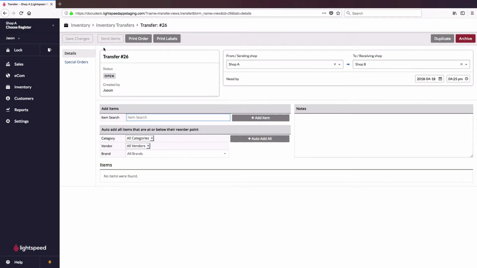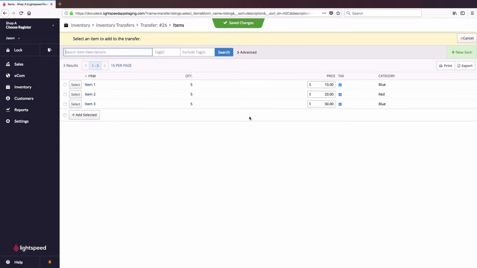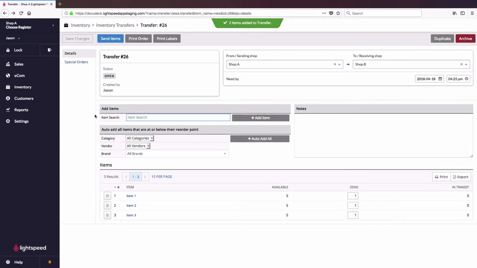There are a few ways I can do this. I can scan items in one at a time, or I can search for them and click Add Item, and it will automatically add a quantity of 1. I can also click on the Add Item button with nothing in the search bar and select the items that I want to add to this transfer. Every item I add is of course set with a default quantity to send of 1,